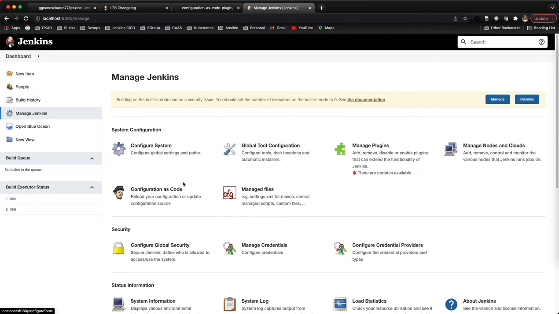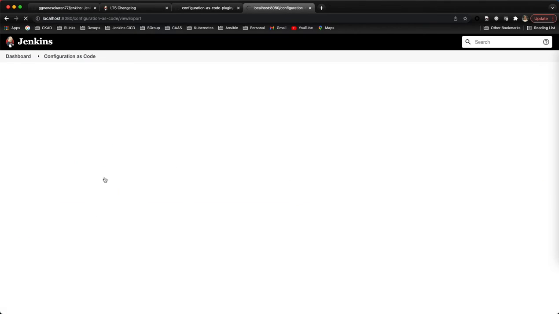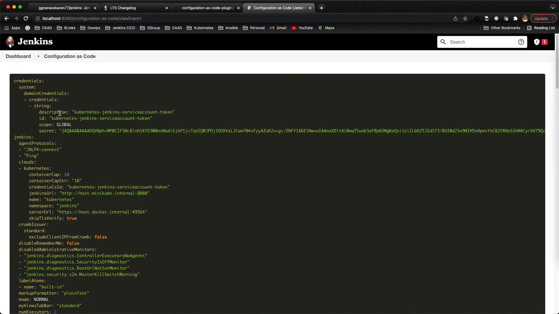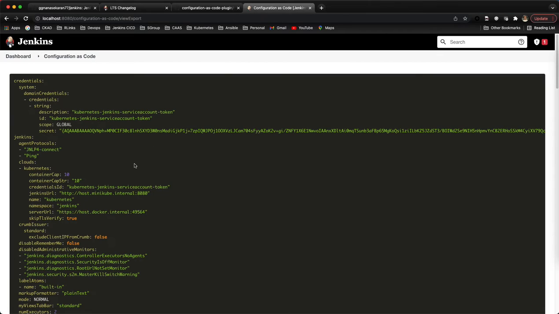Now go to the configuration, view configuration. This is the easiest way. Either you can follow the documentation and do it as per the documentation, or you can do it manually once and get the YAML file from here.